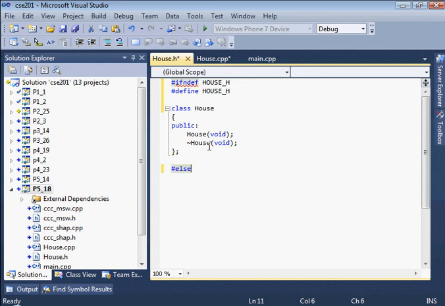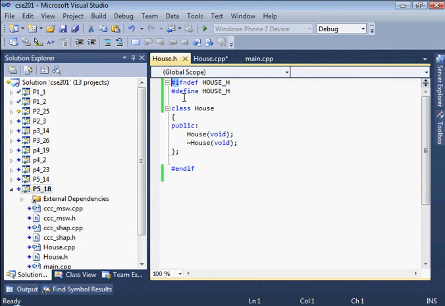Otherwise, this is #endif, right? Otherwise, don't do anything. So if we include this file once, the first time we include the file, the preprocessor, now the preprocessor, that's a step where we do an initial pass through the code before we try to compile it. I mean, it's like compiling, but it's just the first phase. So we read through the code and we look for these statements that start with